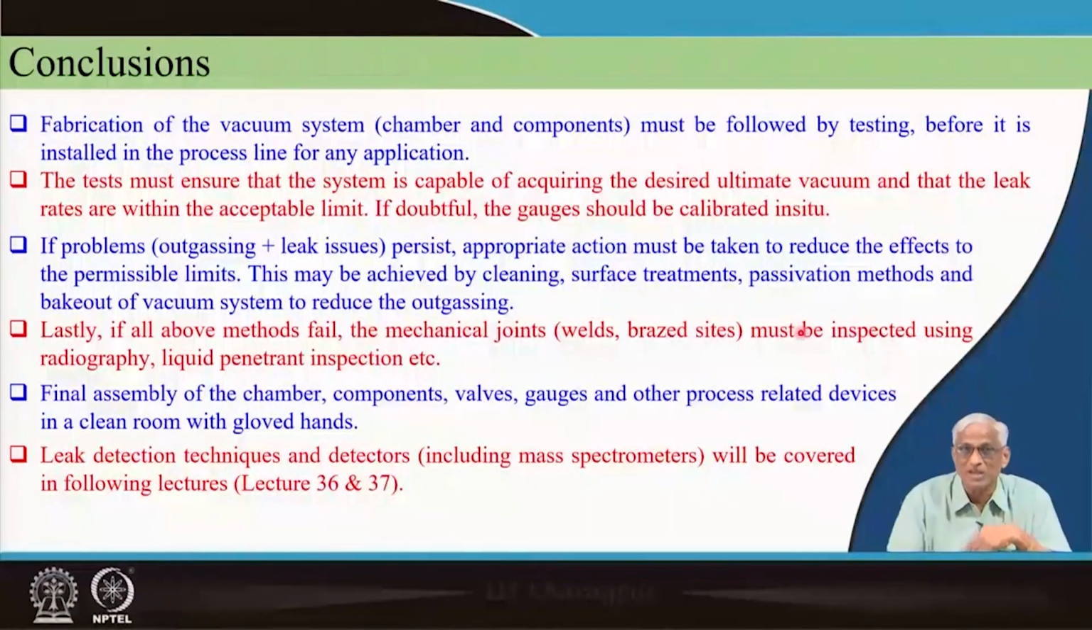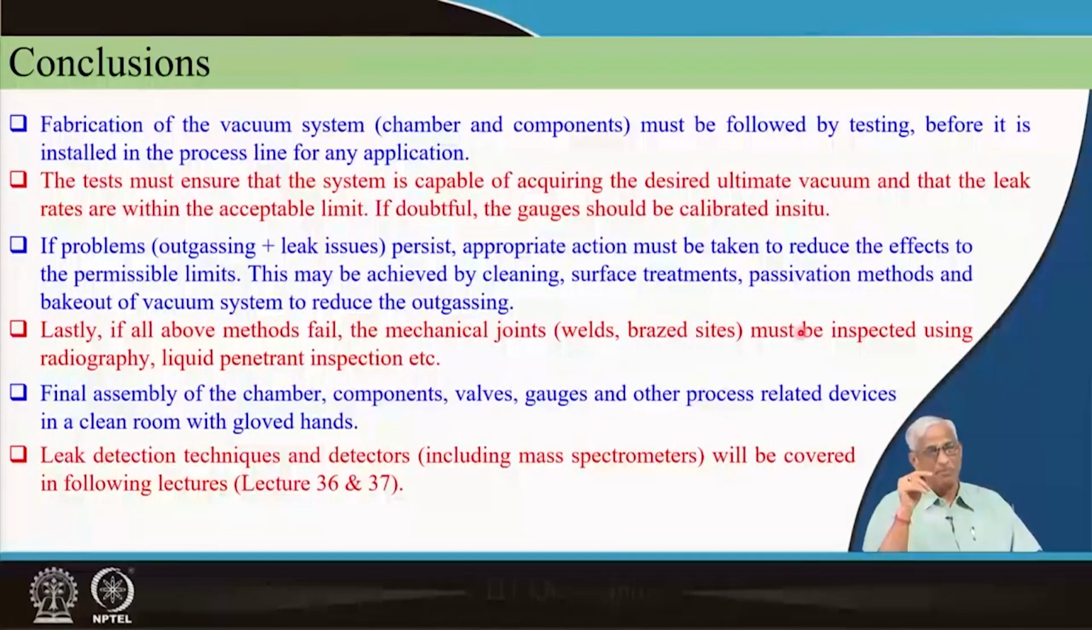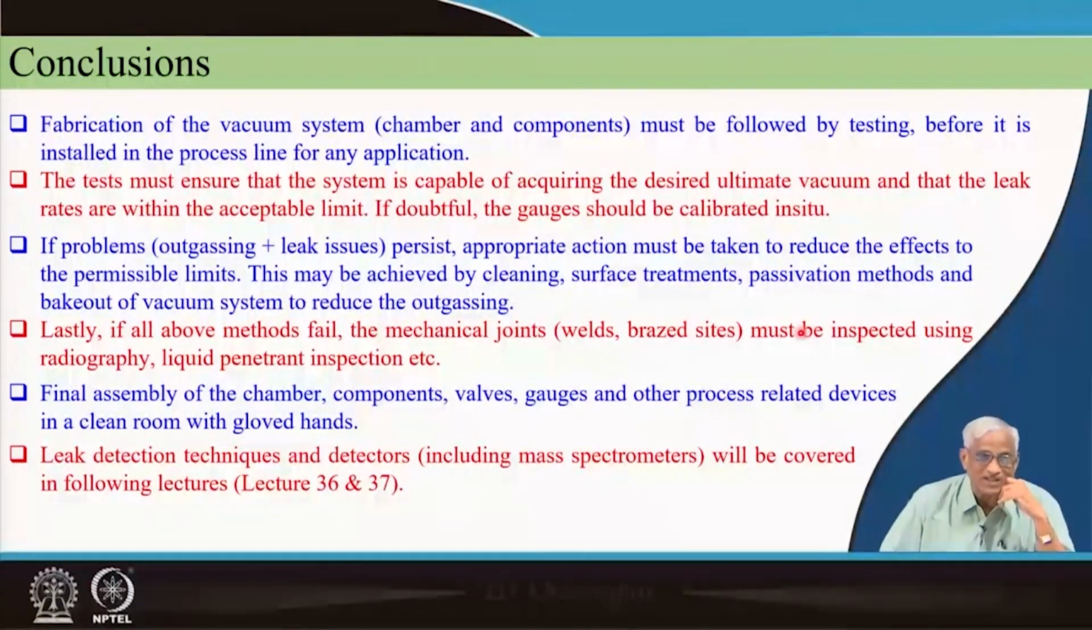And sometimes 10^-6 to 10^-3 torr has come, but that may be a process load. You should not think it is a bad vacuum. So you should know all these points. If problems persist, appropriate action must be taken, whether it is leak testing or degassing. Lastly, mechanical joints must be inspected using radiography or penetrant inspection, etc., to get first hand experience on